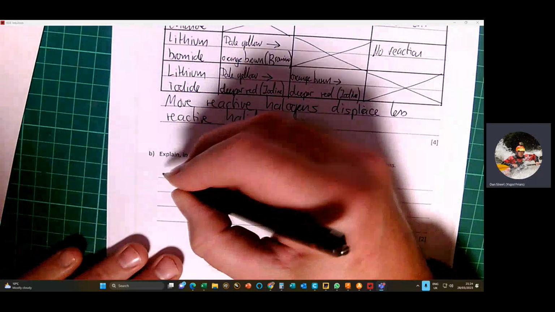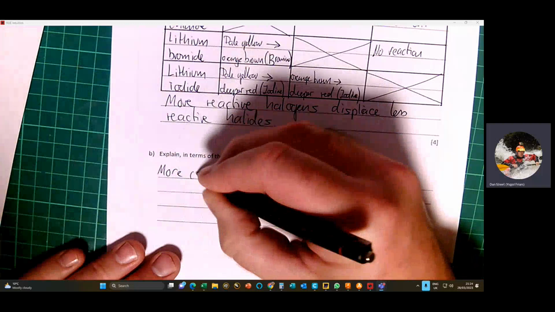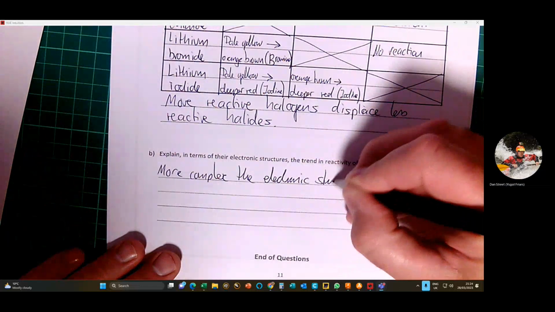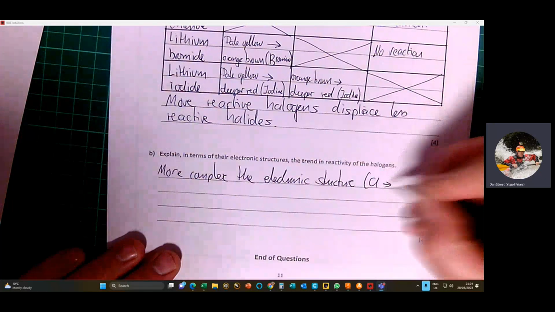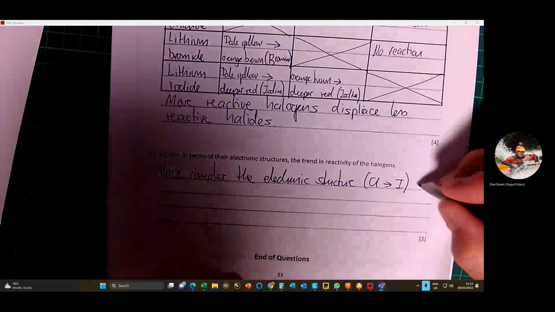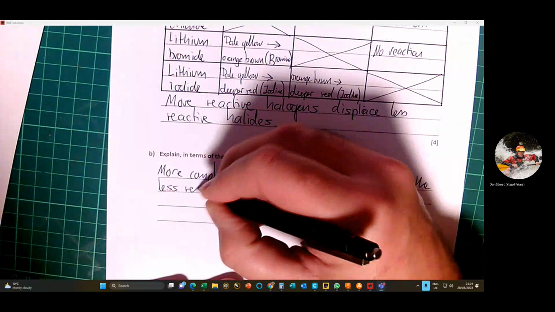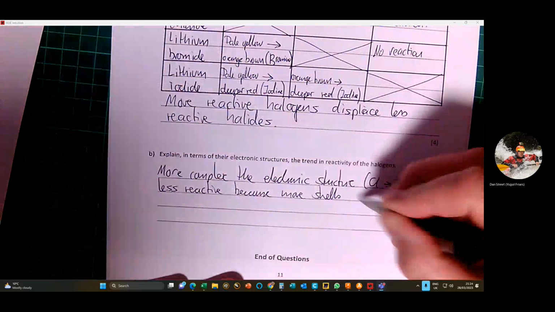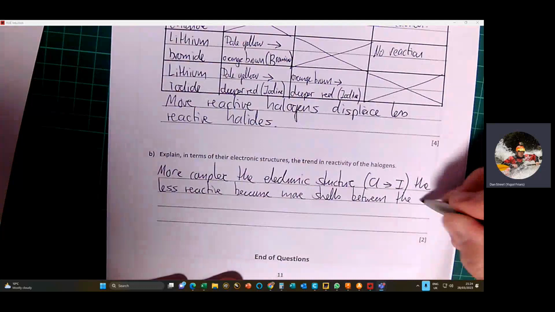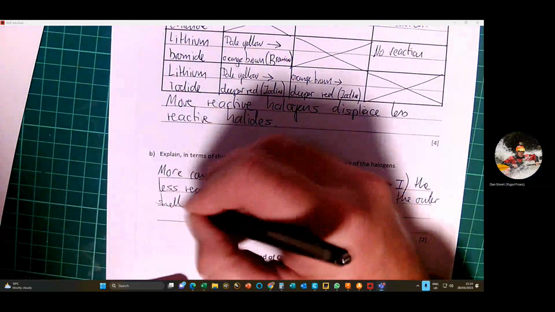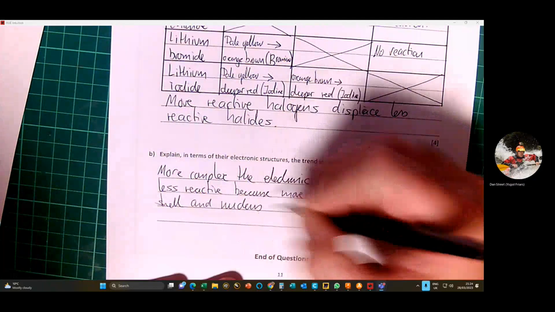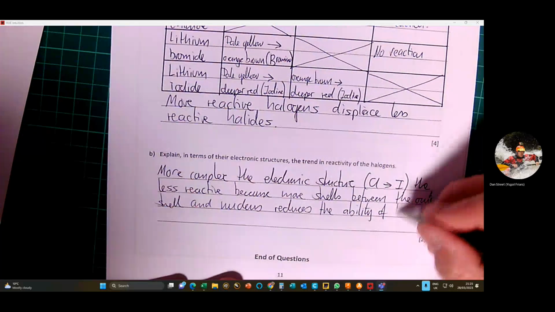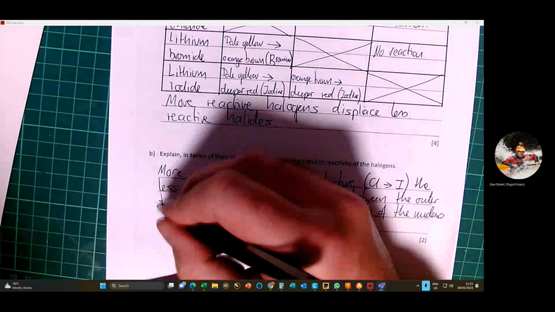Okay, so the more complex the electronic structure, by that I mean from chlorine down to iodine, the less reactive, because more shells between the outer shell and nucleus reduces the ability of the nucleus to attract